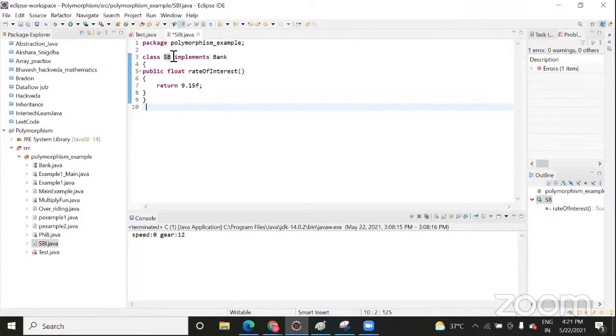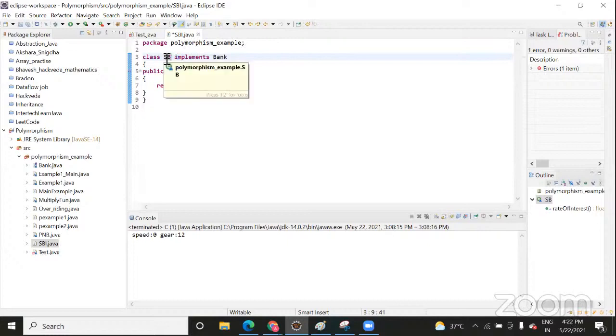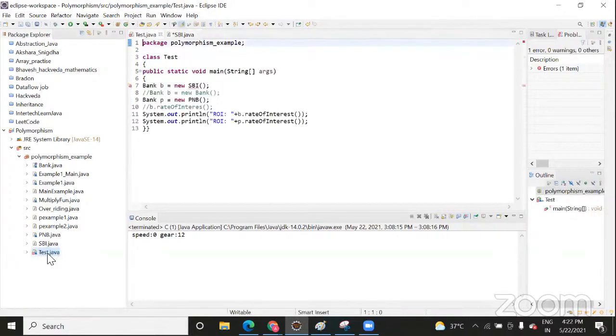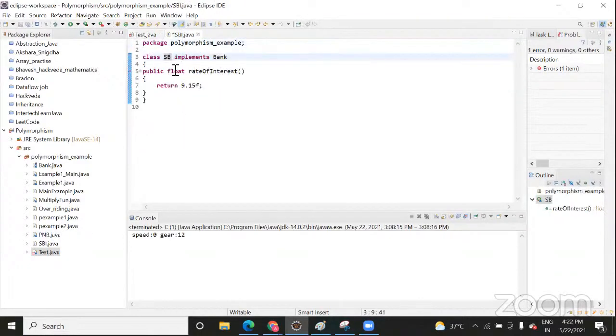What I'm saying is, here I made it SB, right? This is SBI, okay? But I'm using this SB in another program. If there is any dependency, then it will give an error. Now here you can see, even if there is no dependency, it still tells me to change it to the file name. The reason is usually because of that itself.